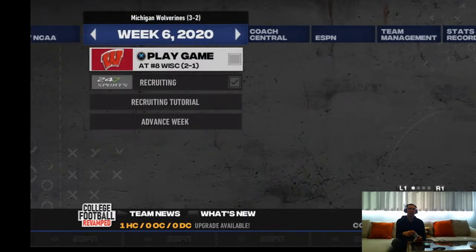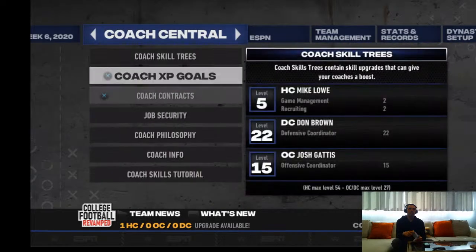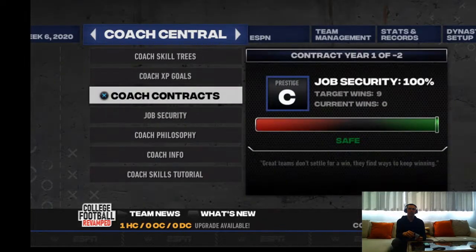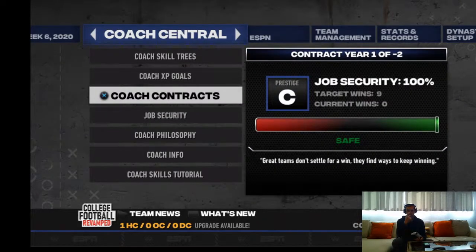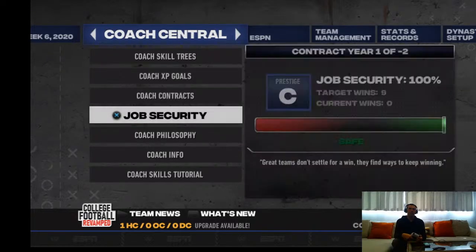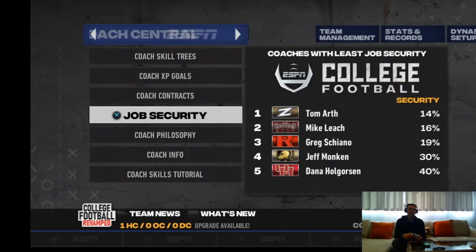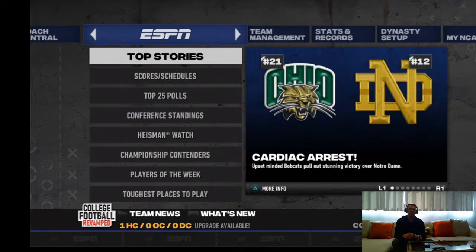Let's go back to job security is looking good. I am listed as safe, as you can see up here. So that's good. They do want me to win 9. We're 3-2 right now. This will be a big game, right? I mean, this is our really first big test. We're playing better, but we've lost to bad teams already, or at least with one. Western Michigan beat us. And so, again, we're 3-2. This is going to tell us, I think, a lot about how things look here with the team.